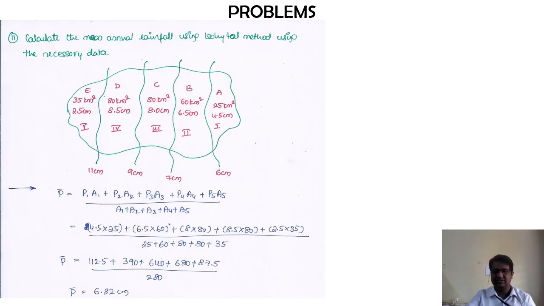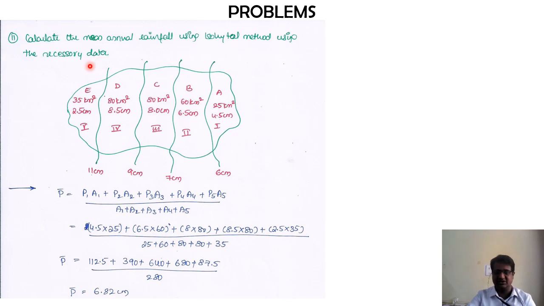So I'll read this question, we'll understand it, then we'll go for the solution of that. Calculate the mean annual rainfall using the isohyetal method using the necessary data. Okay, so this one statement itself is our question, but what they have done is they have given you a particular figure with which you need to do the calculation. So all the data that is required to calculate this mean precipitation is represented in this particular